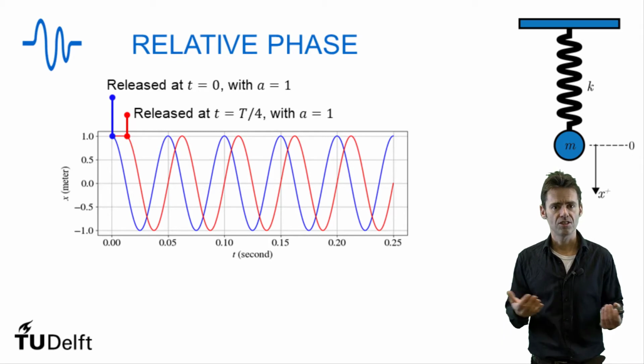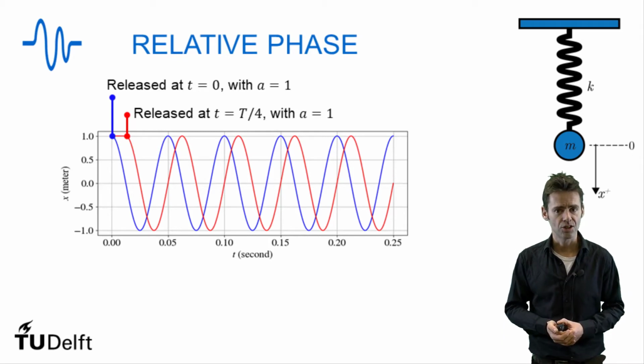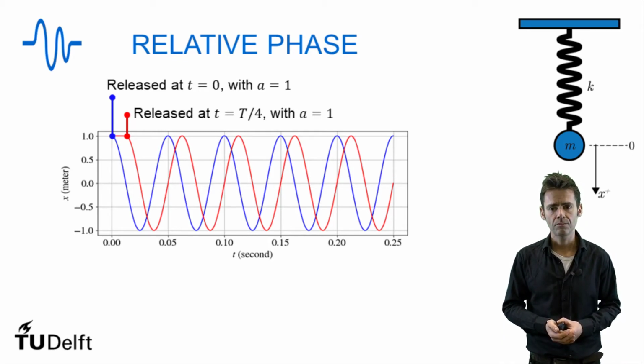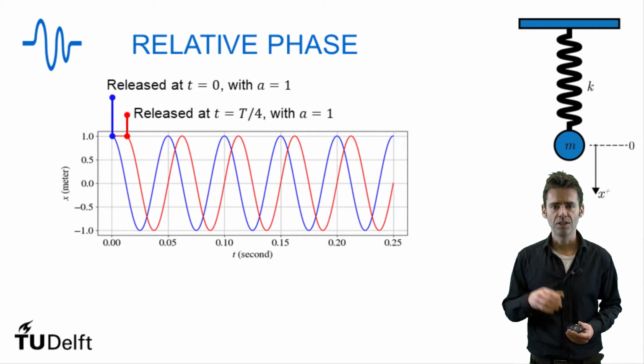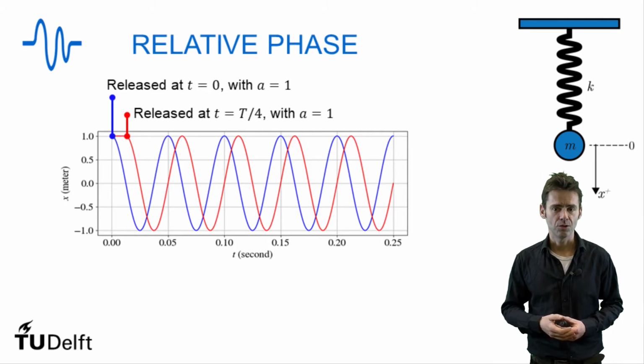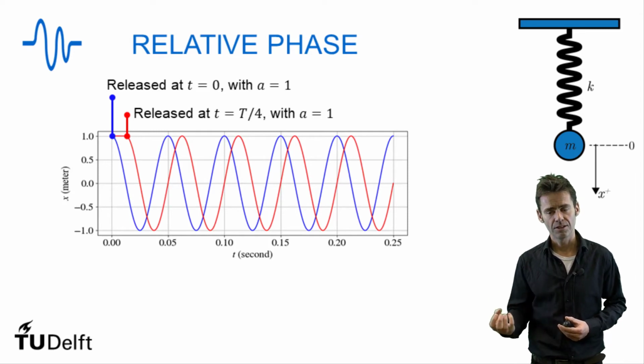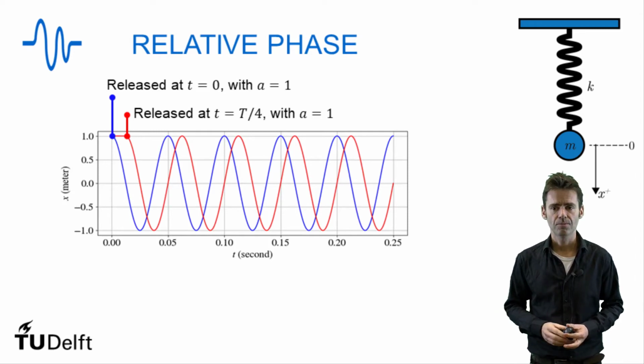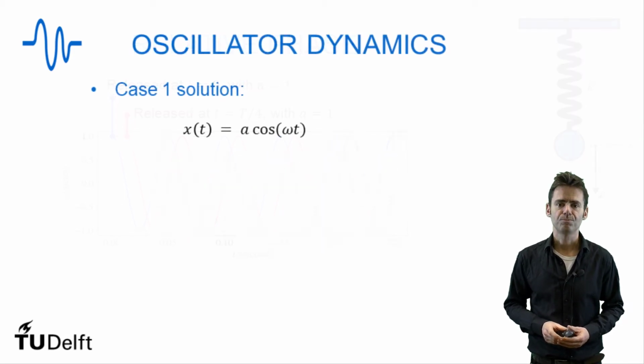But of course this is just a description of a sinusoidal pattern. So now we have seen how this relative phase shift between the two solutions occurs. Essentially it's just a matter of at what time we release the mass m from the position to which we extend it. So now let's look a little bit more into the general solution.